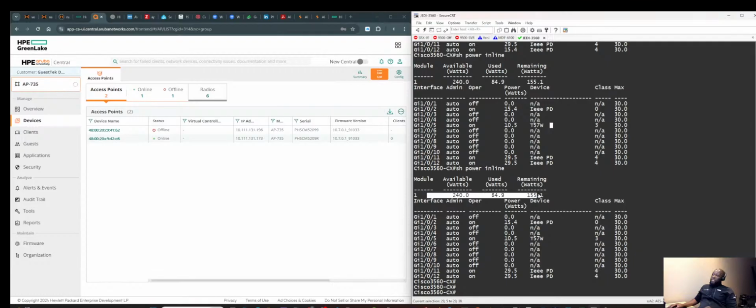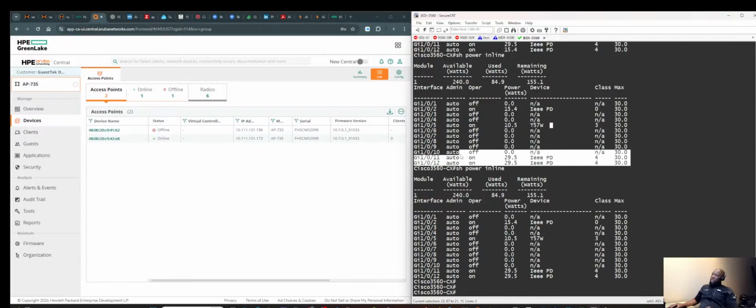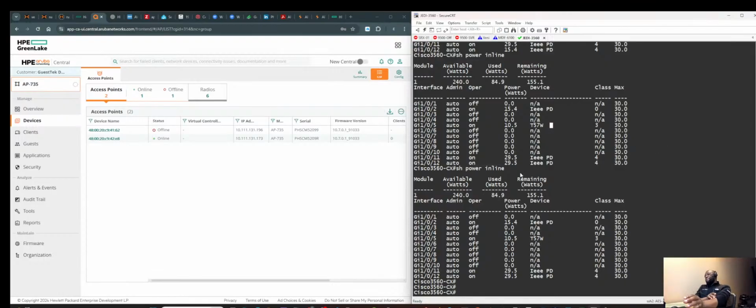But for me to test it on a Cisco and then on an HP 6100 with combined power equal to almost 60 watts, and then I still have the system status light still orange. So unless somebody has